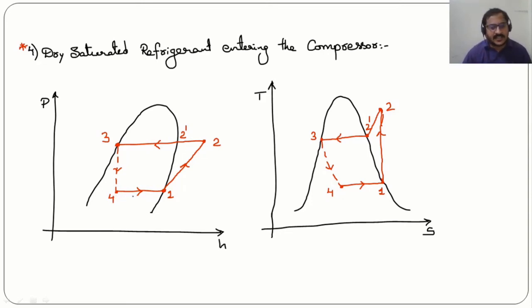So as the refrigerating effect is more here, the COP is greater than the first three cases. Try to remember that if no condition is given in the question, then you should assume this particular condition and solve the problems. Sometimes they may not give the condition and you have to assume by yourself, and based on that you need to solve. So at that point of time, remember that you should use this fourth condition and solve the problems.